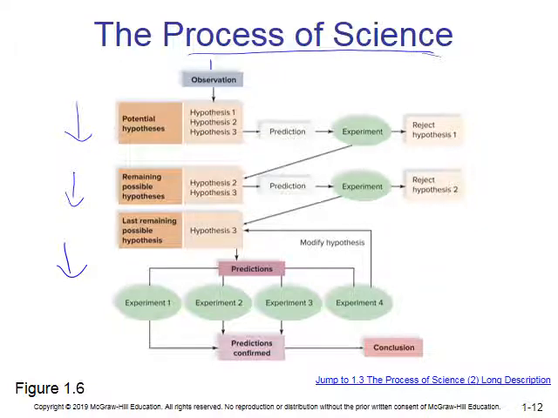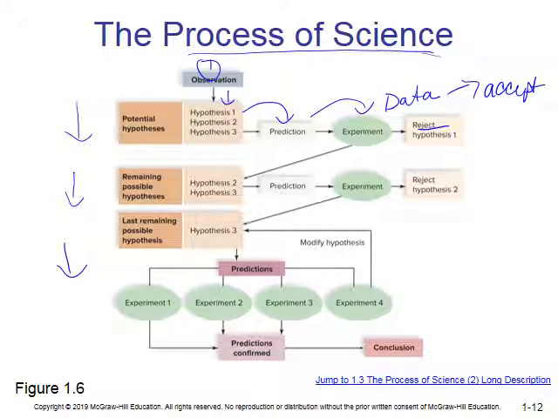So I'm going to start here with an observation. So an observation leads to some sort of hypothesis. This is some testable statement, something that you're asking. You see something and you're going, I wonder why this is like that. Let me come up with a reason, right? So you make a prediction, you carry out an experiment, you get some sort of data, and then you either reject or you accept your hypothesis.